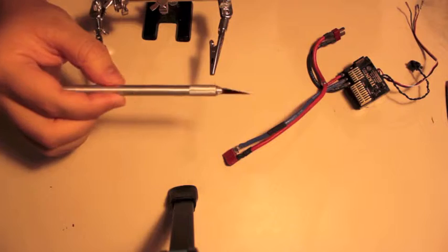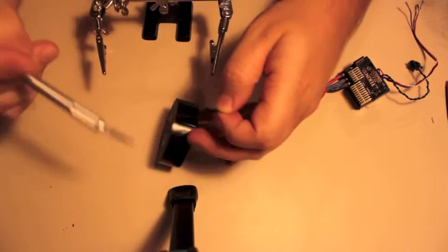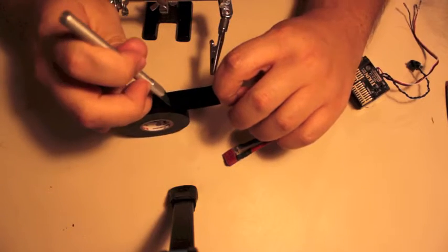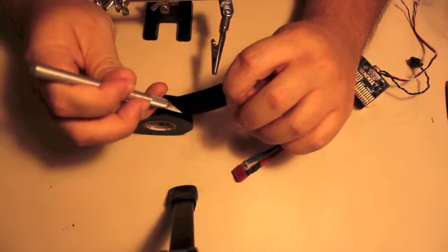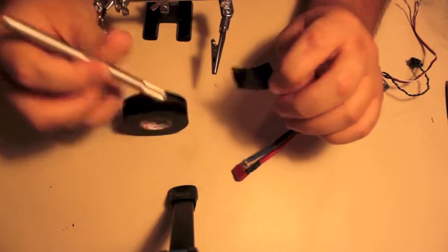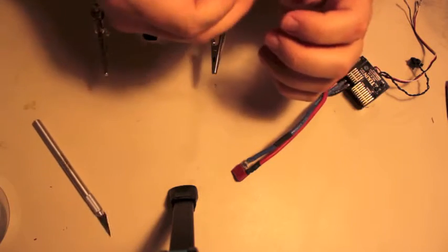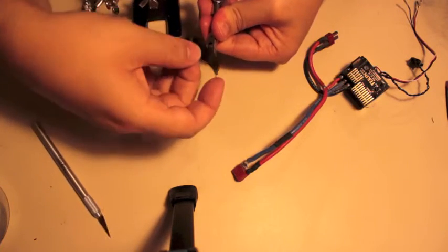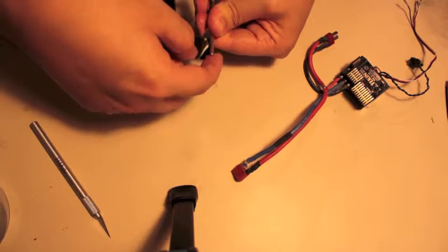This is, I don't know, an X-Acto knife, what do you want to call it? I call them awesome because they are extremely sharp and will cut through just about anything. This blade's a little dull. Now that I say that, it's a little dull. It's been in use for a while, but fortunately blades are cheap and easy to come by. Let's just